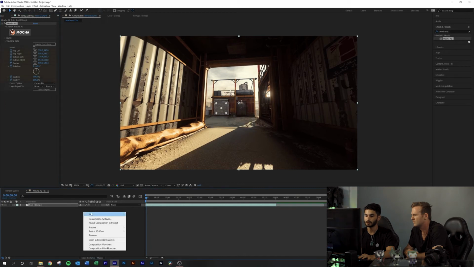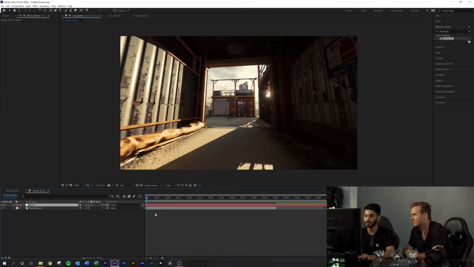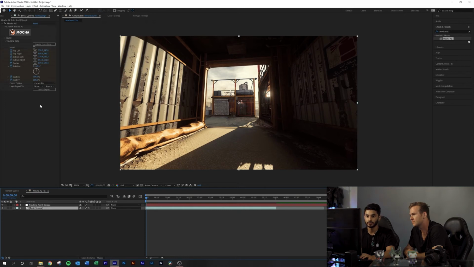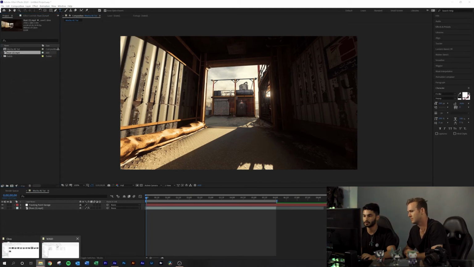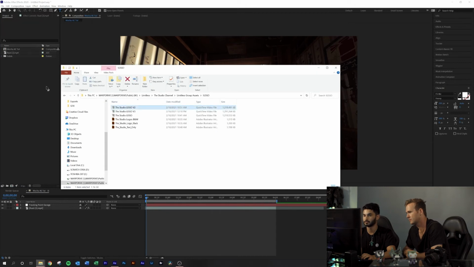Now what we want to do is create a null object. We'll call it tracking point garage. Go back to your clip, and under export option, you want to go transform, layer export to tracking point. This can stay the same, and then you want to go apply export. So now once that's done, we can grab our intro, drag it into the project,